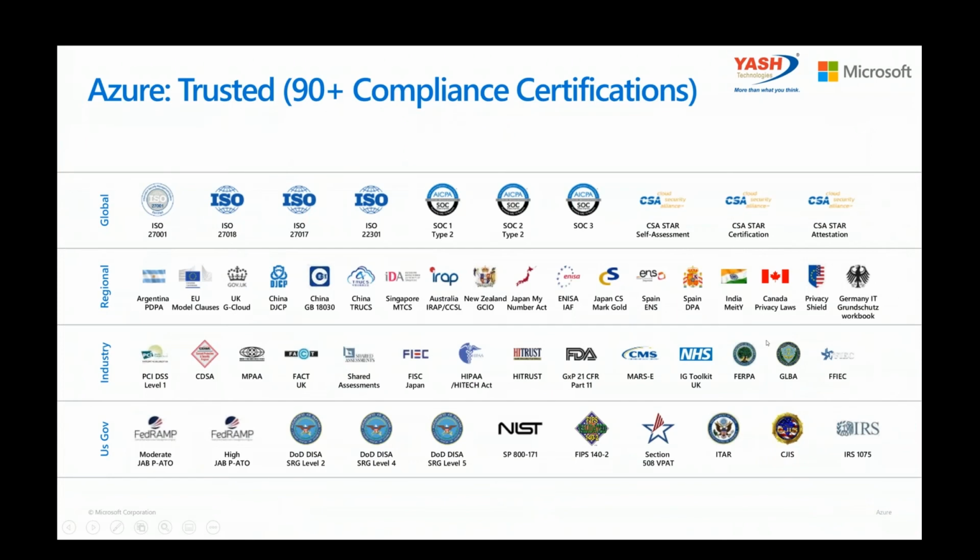Microsoft runs on trust. So that's something you may have heard very often. We pride ourselves in terms of offering the most number of compliance certifications and standards on Azure. So a lot of these audit reports are actually available on the Azure public website. So if your auditors are asking for standards on how Azure has been checked for 27001, for example, these reports are actually available to you to pass it back to your auditing team. If you are being asked what the compliance standards of the data center you're running your workloads in are.